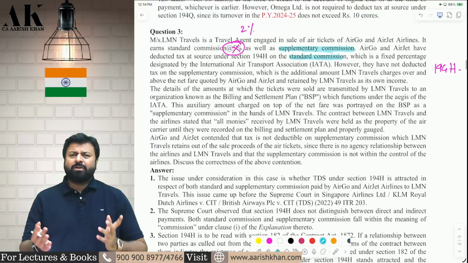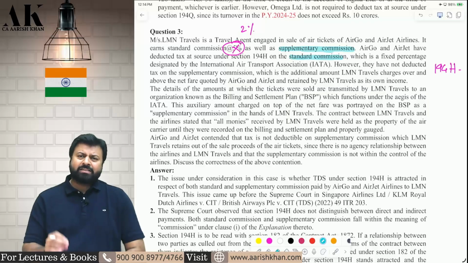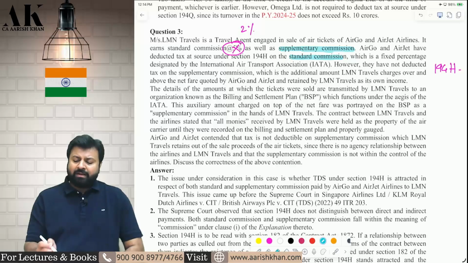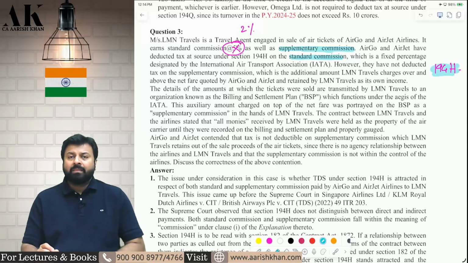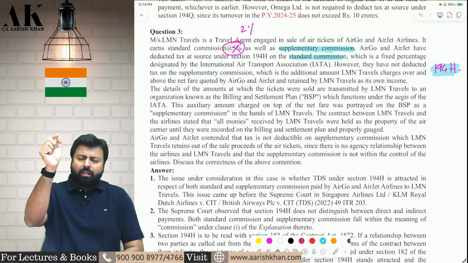Third question is a very simple question which I have told you in the class of British Airways Supreme Court judgment, Royal Dutch Airlines Supreme Court judgment, Singapore Airlines Supreme Court judgment which we have done in section 194H. See, the air travel agents get two types of commission. One is called a standard commission, which is a percentage of the price which is